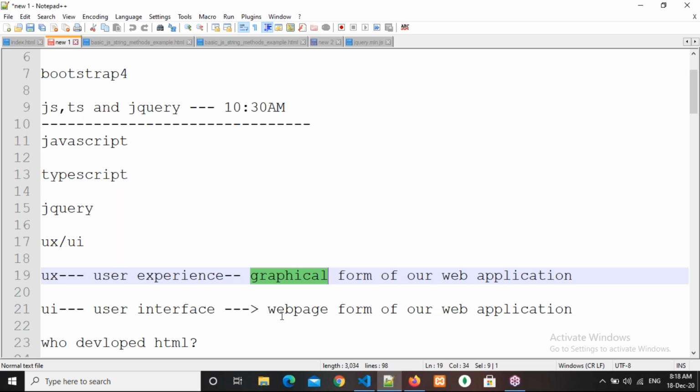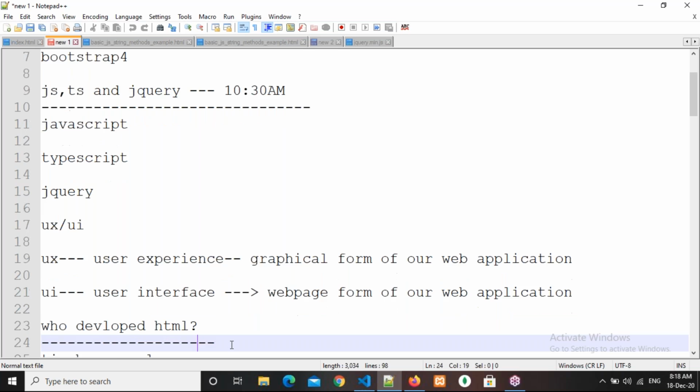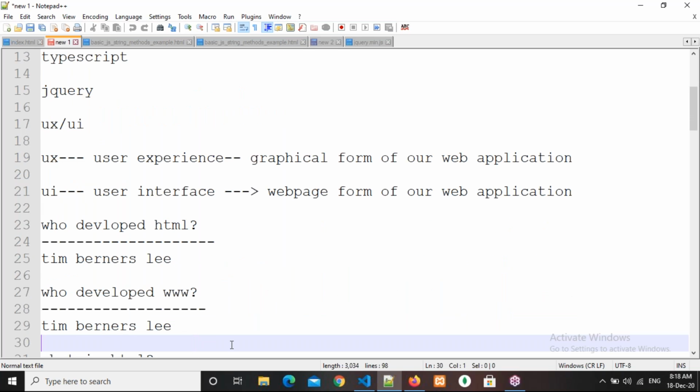Understood, everyone? Okay. Who developed HTML? Then we need to know about HTML also. Who developed HTML? Tim Berners-Lee. By using HTML, what can we do? We can develop websites. So if you design a website by using HTML and CSS, can we display that website